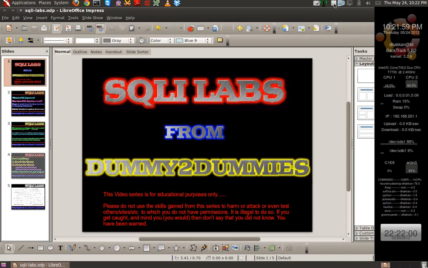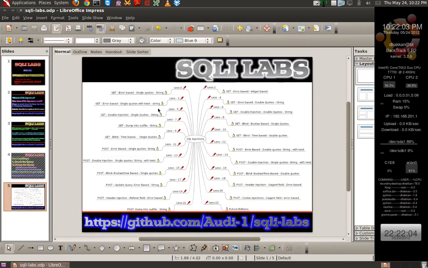What we have in the labs: we have error-based SQL injections starting from string type to integers. Then we have error-based injections with single quotes, error-based injection with double quotes with some twist. Then we have double injections using dump file to dump the database. Then we have blind injections, boolean based type, time based type,